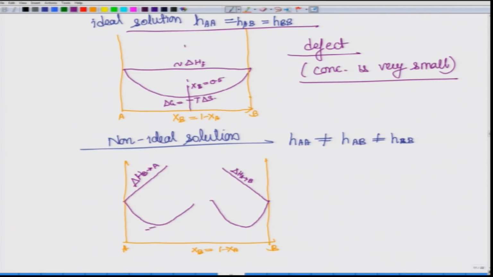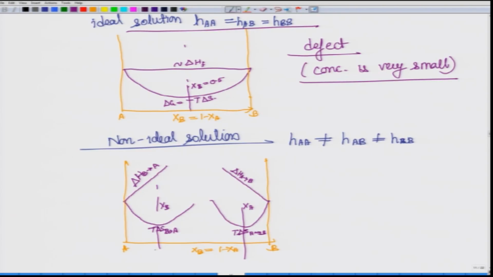So, this is the minus T delta S, and again to differentiate I will say B going in A, and here A going in B, and I should not put minus because it is already in the negative scale. So, this is how it would look like, and corresponding to that you will find x b, corresponding to this you will find x a.